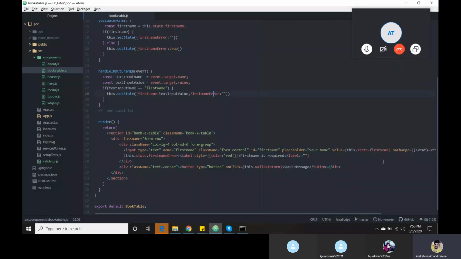Today you got what a normal function is and why I need to bind. Bind in the sense that I need to access my state variable, that's the reason I am binding my function. Another thing is why I need the fat arrow function. By default I don't want to bind my functions inside the constructor, so that's the reason we are going with the fat arrow function.